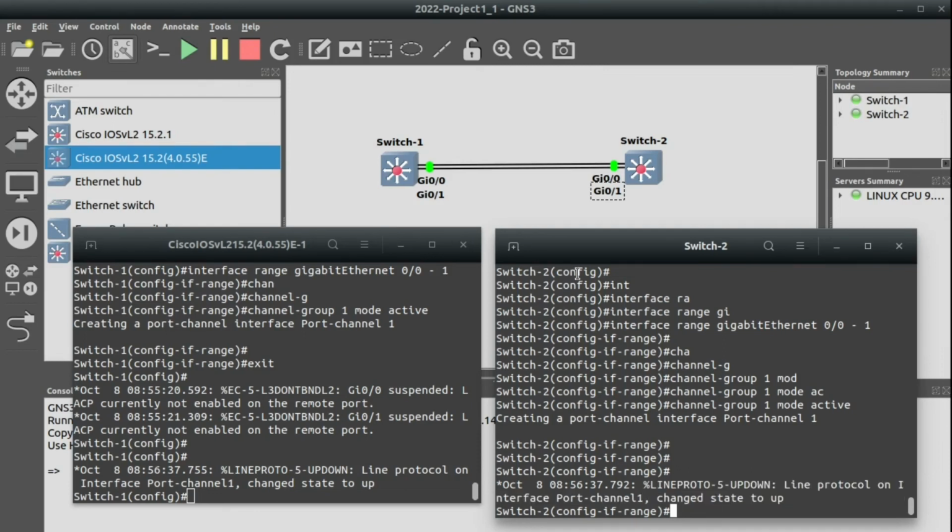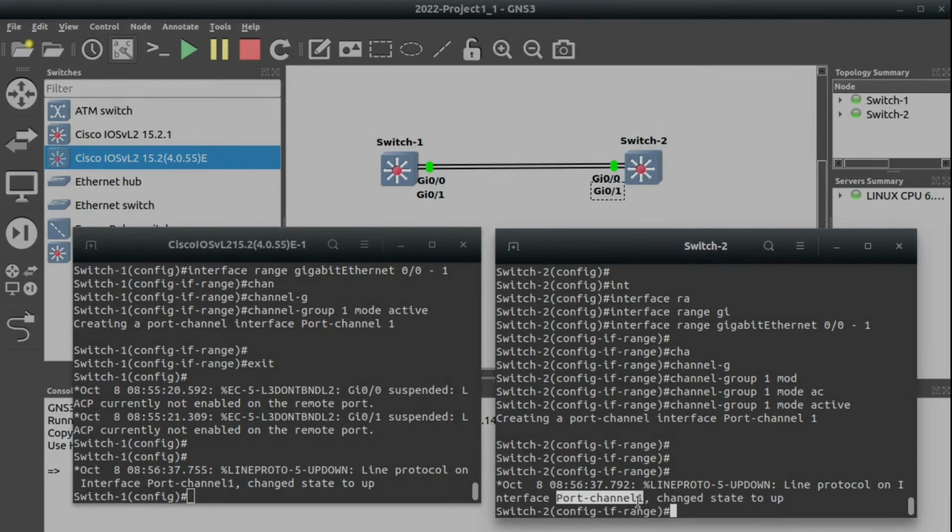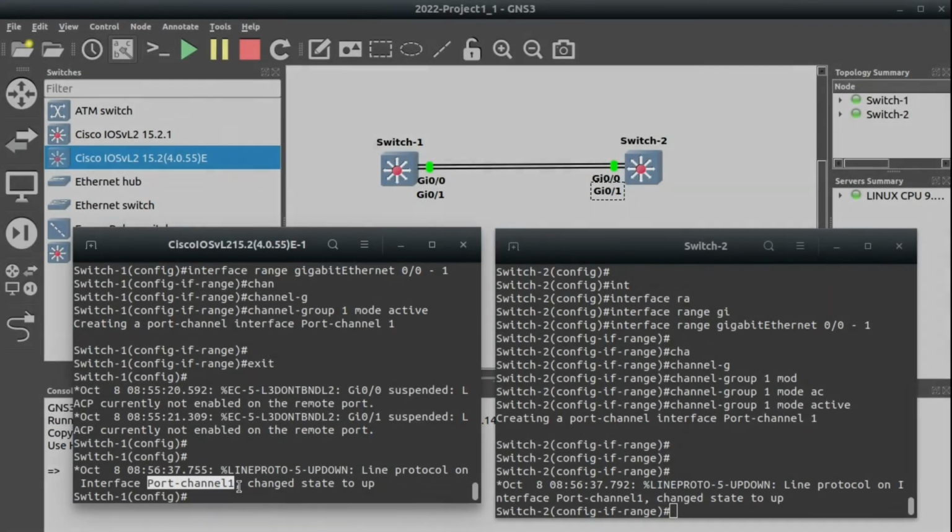So now, instead of having two different interfaces, Gigabit 0/0 and Gigabit 0/1, we have just one interface, and it's called Port-channel 1 in both switches. Port-channel 1 because it has the number 1, and that number has to be the same on both ends. Now, instead of two gigabit connections, we have just one connection called Port-channel 1 with a total bandwidth of 2 gigabits. And that's it,